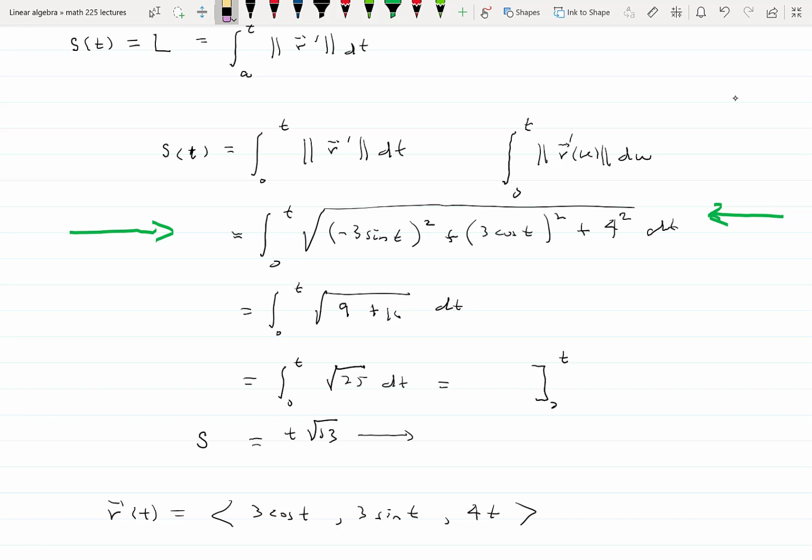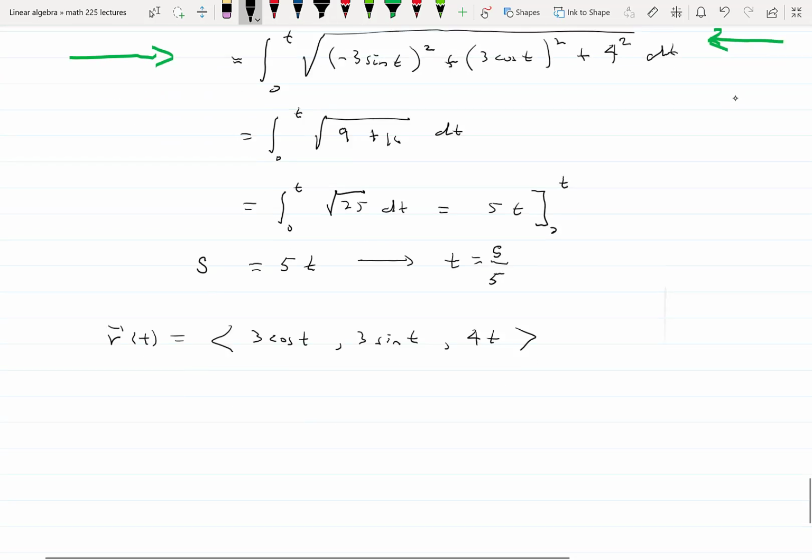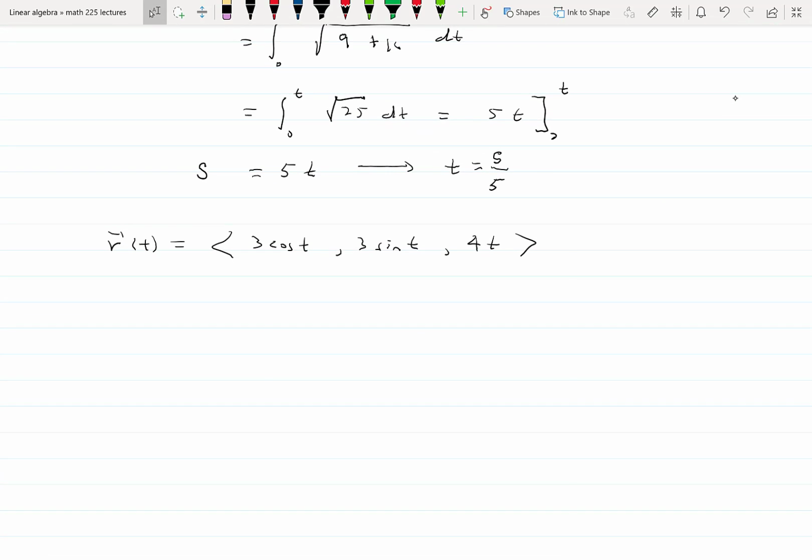And then the integral of the square root of 25 is obviously 5, so the integral is 5t. And finally, my arc length function is s equals 5t. So if I solve that arc length function for t, I get t equals s over 5. Now I'm going to take t equals s over 5 and put that back into my